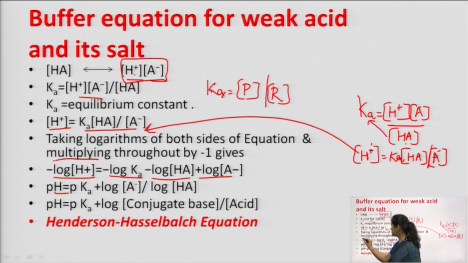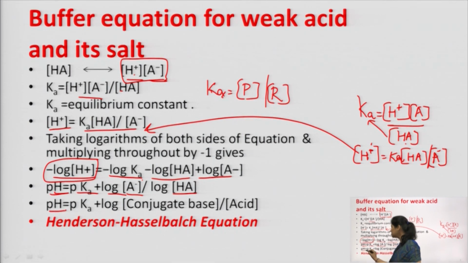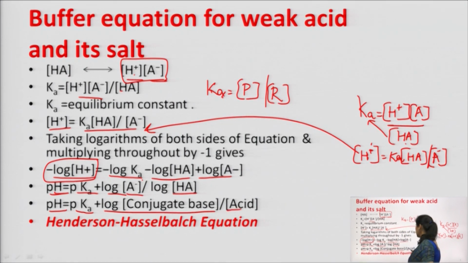So, this minus log is what? This is pH. This is pKa, plus log activity of A negative ion, that is the dissociated form of the acid, and log activity of the acid. I can rewrite it as pH is equal to pKa plus log of conjugate base upon acid. I repeat here, pH is equal to pKa plus log of conjugate base upon acid, or you can also call it